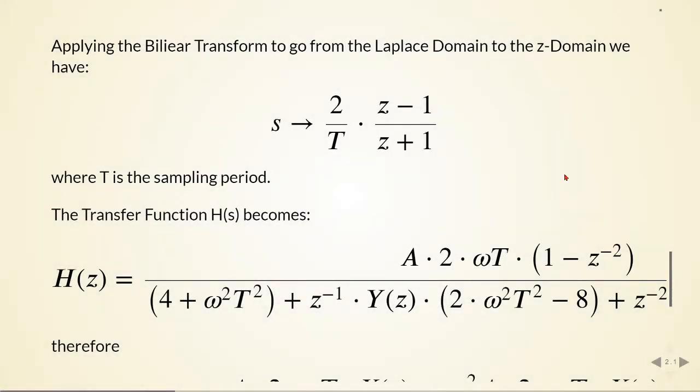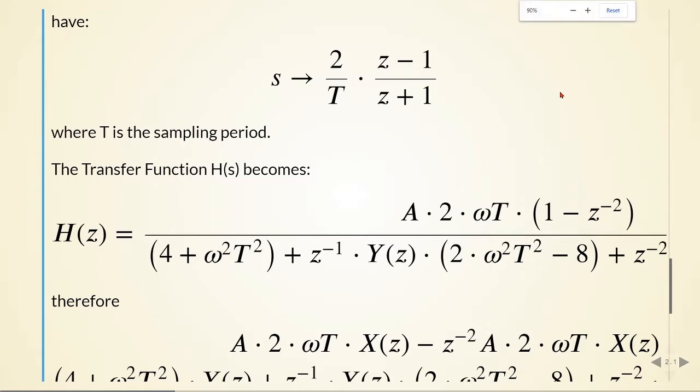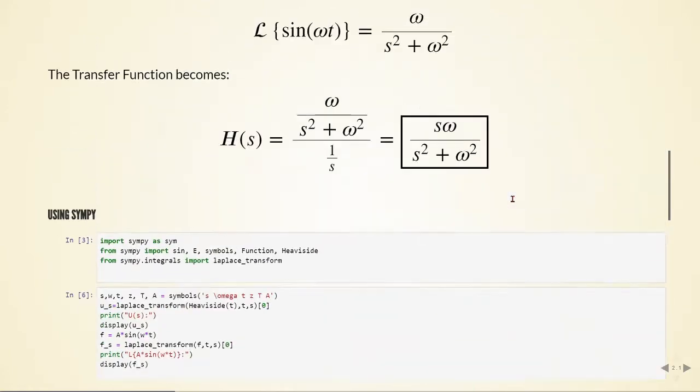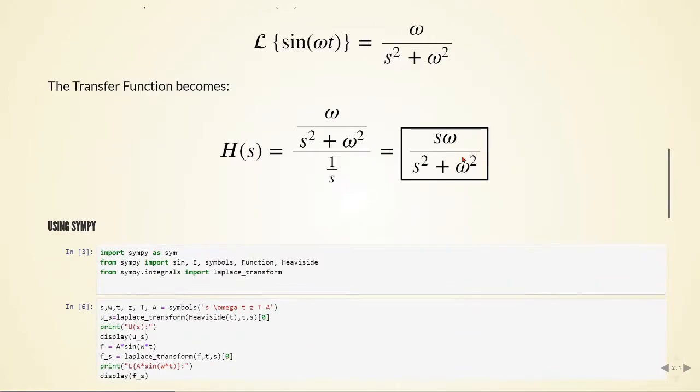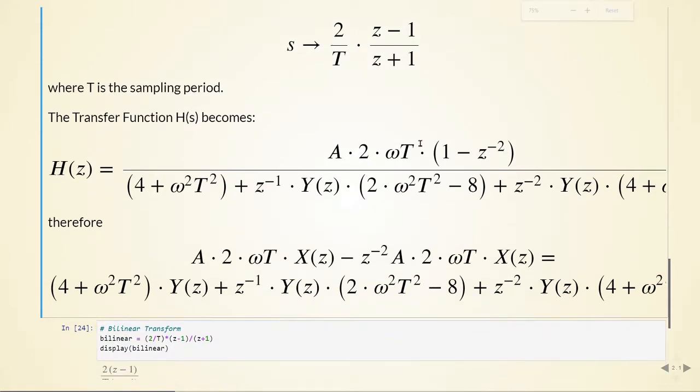So we use the bilinear transform to go from the Laplace domain to the Z domain, and we have this substitution that S is replaced by 2 divided by capital T, where T is the sampling period, times Z minus 1 divided by Z plus 1. So if we do this substitution, we replace S by this here,